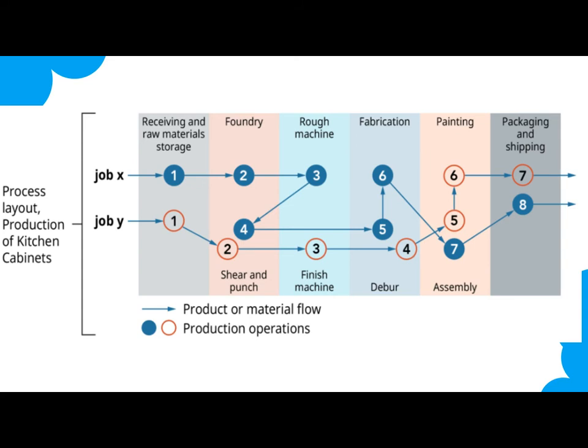After number 4, job X, that is the blue dot, will be transferred to fabrication. So there will be two types of fabrications, 5 and 6. Then the job is transferred to assembly, that is number 7, and after assembly it is transferred to packaging and shipping department and then to the next customer for dispatching. So this is the process layout where the workstations or machineries are fixed and jobs are moved from one workstation to another workstation according to the process that is needed.